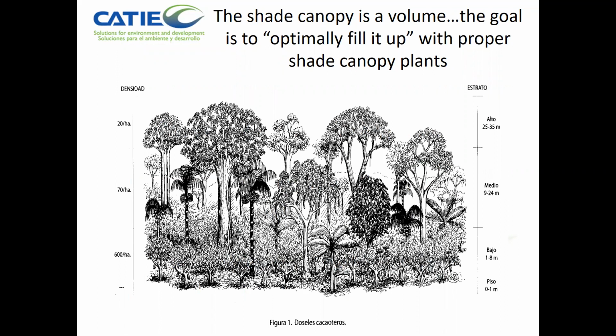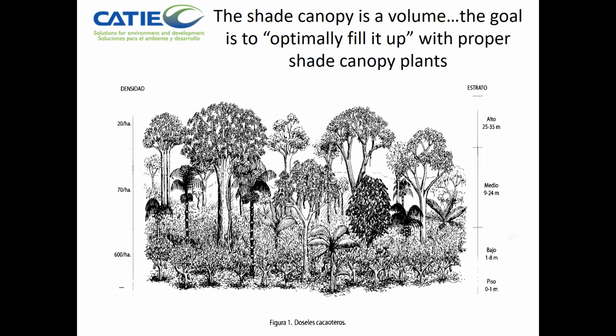It is a 3D object. And the idea here, or work as an agroforester, is to design the best occupation of this 3D volume. What species, what densities, what sizes, what management is the best one for the particular objectives of this particular farmer at this particular location. And you have to take into consideration different strata, the spatial distribution, the temporal distribution, and